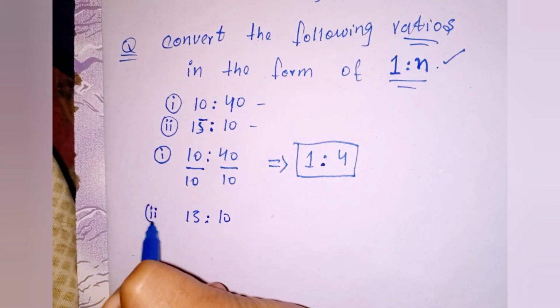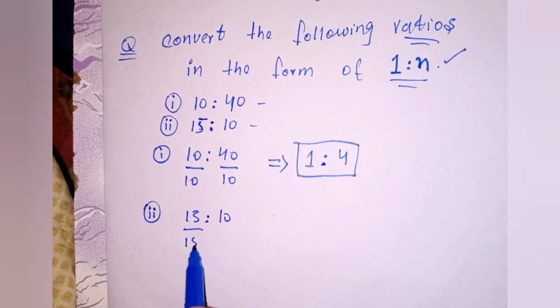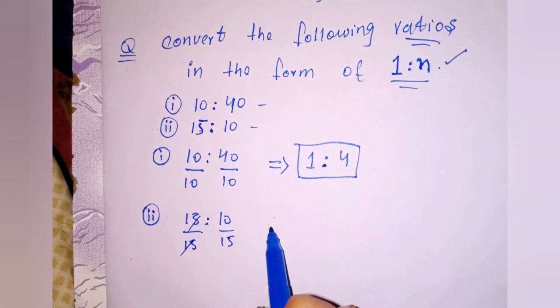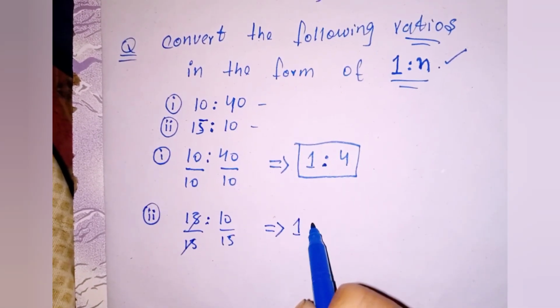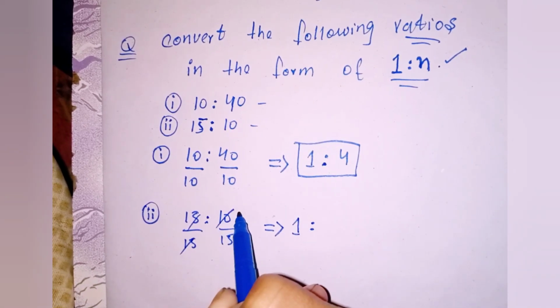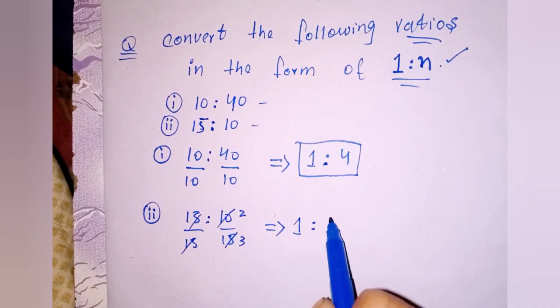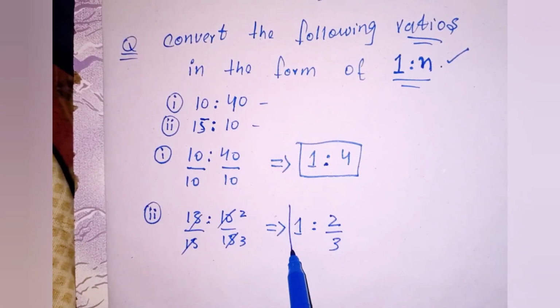If we divide both sides by 15, from here we get 1, which is the required answer. So 1 ratio, if we divide by 5 we get 2, and here 3, so here we get 2 divided by 3, and this is the required